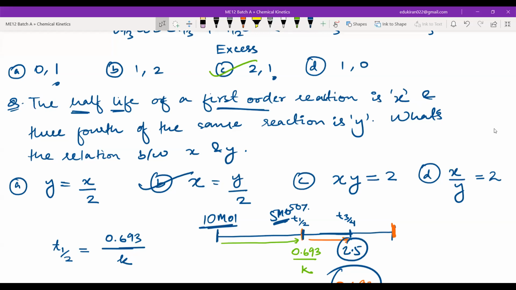Now, this option is saying that the time taken for 75% reaction is less than the time taken for 50% reaction. That is not possible. When you complete 50, only then can you go to 75. Now it is saying that 75 happened earlier than 50, because it is saying that the time taken for 75% completion is half the time of 50%. So this can never be the correct option.